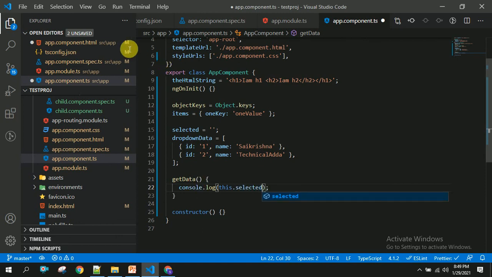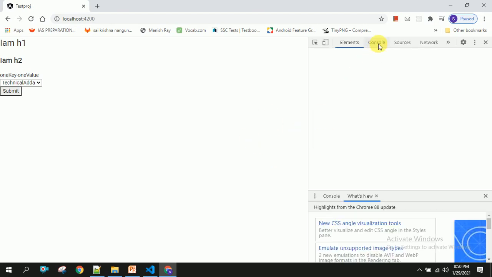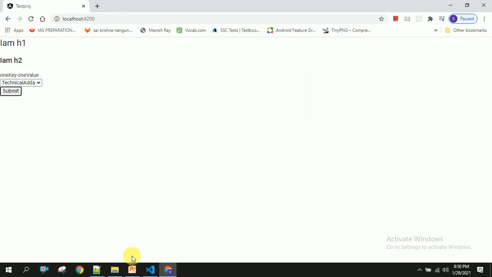That's it. Let us save this and head back to our browser. You can see here we have got the dropdown as well as the submit button, and I'm going to open the console. In this console I'm going to check whether I'm able to log the data or not. Once user selects anything and submits, you can see the data got logged here, and if user changes this, it's logged again. So in this way we have achieved three more things in Angular.